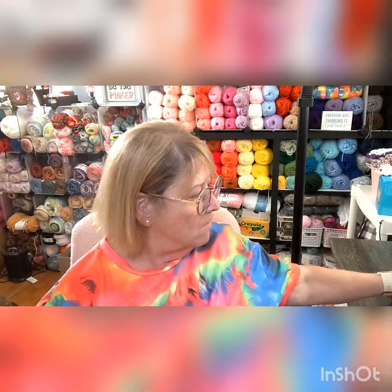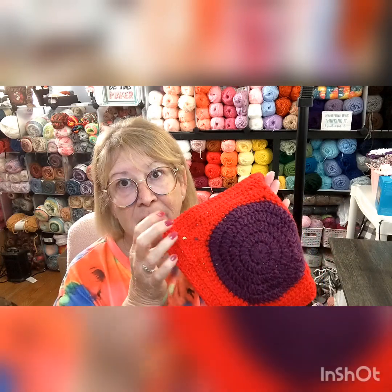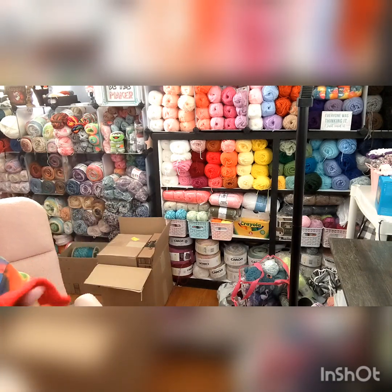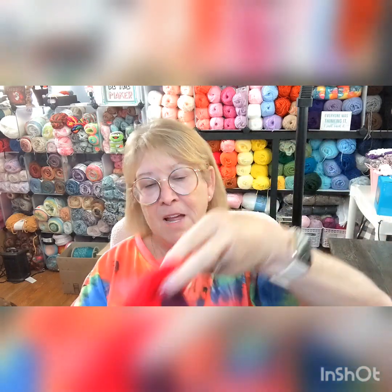Okay. But that is not all I made. Because it's the end of the month, I had to make my square for my temperature blanket. The high was 97 for June, right here. And the low was 58. So 90s, 50s. So that gets added to my squares, and